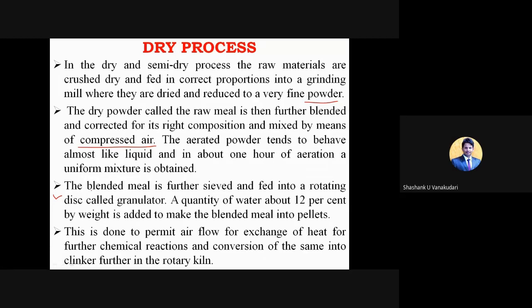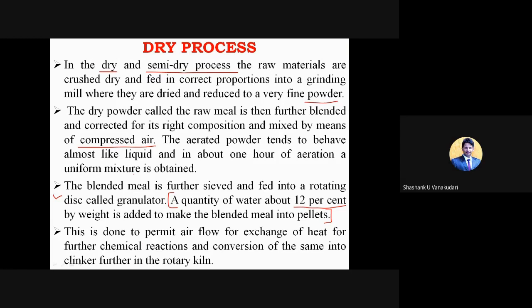This comes under the semi-dry process, whereas in the dry process you can see there is no water present. This step is optional and is given with the semi-dry process, and it is done to permit airflow for exchange of heat for further chemical reactions and conversion into clinker